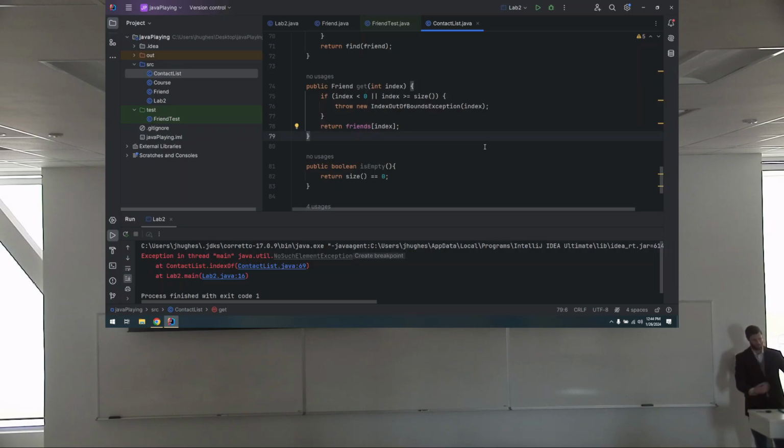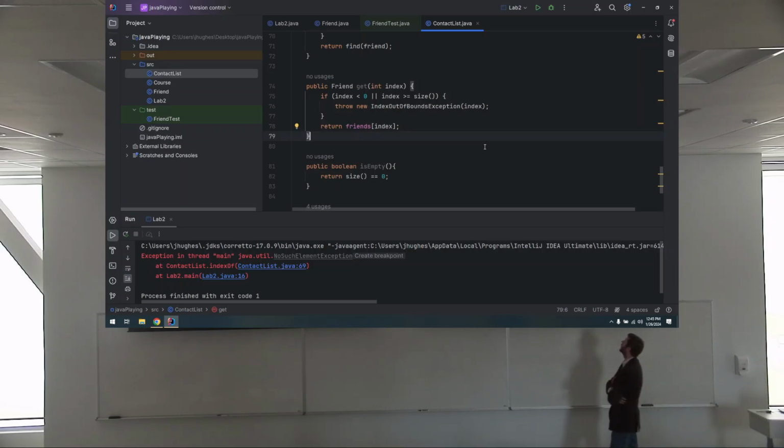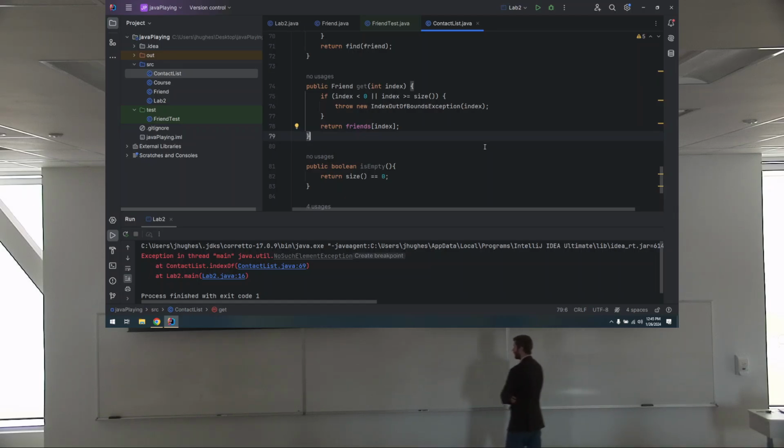Look at this one. Get, you specify, it returns a friend. You specify an index, and then you just return the friend at the specified index. This is effectively an accessor for specific indices in the contact list, in the array. But you'll notice it's got a check on it. If the index provided is less than 0, index out of bounds exception, right? There's no such thing as a negative index. And if the index you're looking for is greater than or,